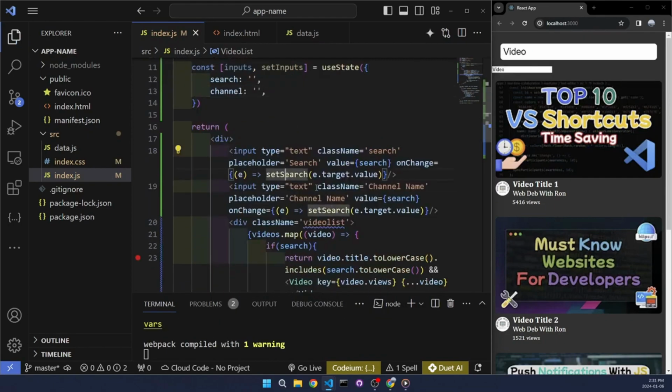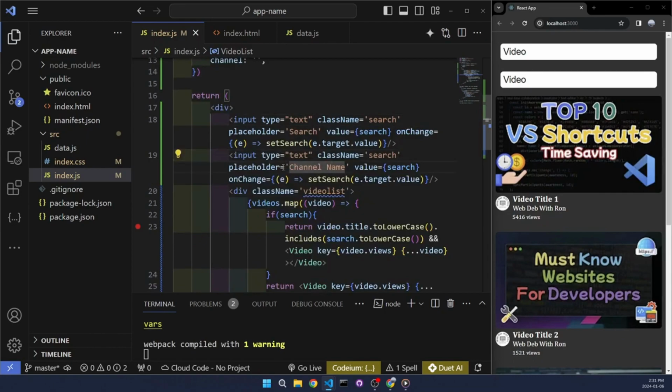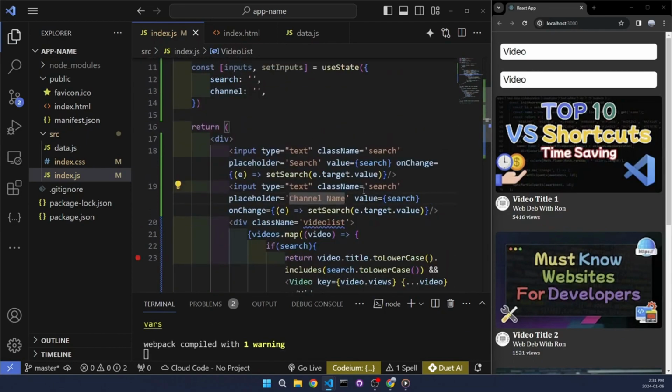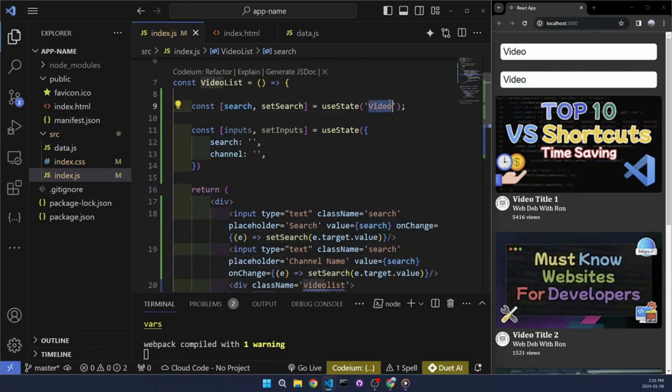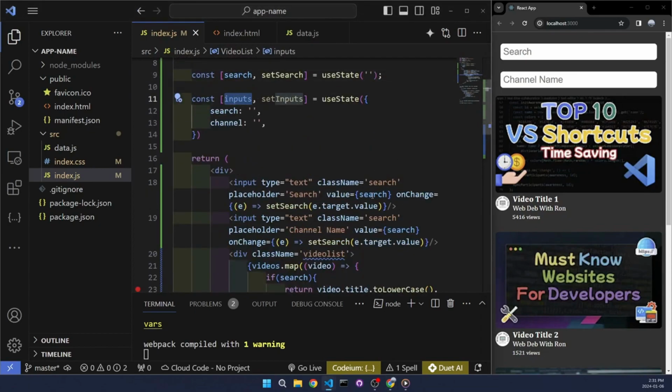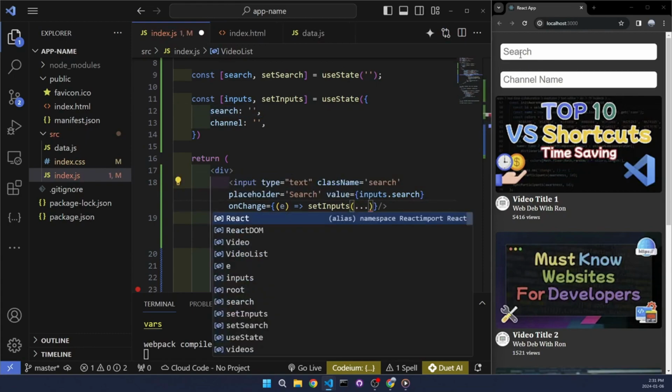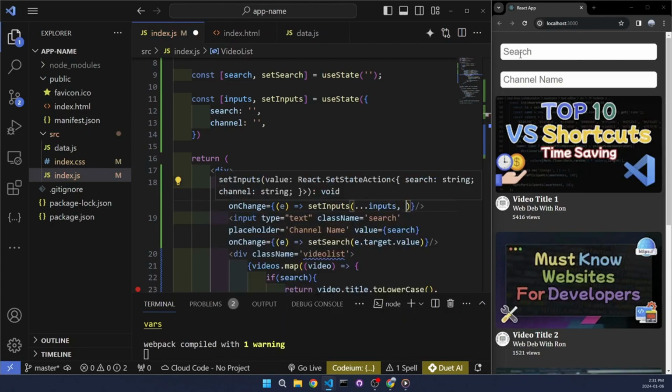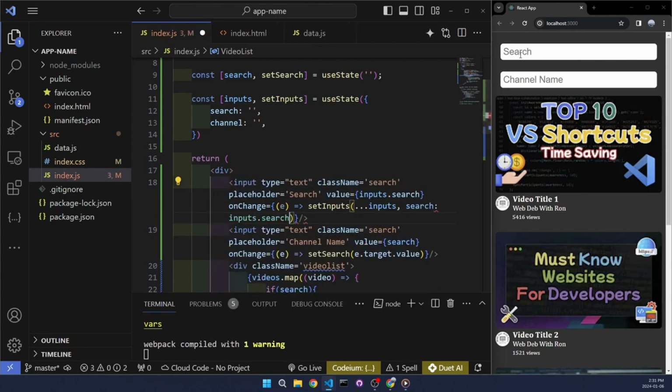I'm gonna go to the className, and this should be search because I want it to look good, and then placeholder should be channel name, but since the value here is set to equal search, then that's what it's going to say here. So let's set the values here to actually equal the values from our inputs UseState. So the value here is going to be inputs.search, and then onChange, what we're going to do is setInputs. And since it's an object, we don't want to delete the other property. So what we have to do is write 3 dots, and we're going to set this to inputs, and the only property that we're going to change in this case will be the search, and we're going to set that to